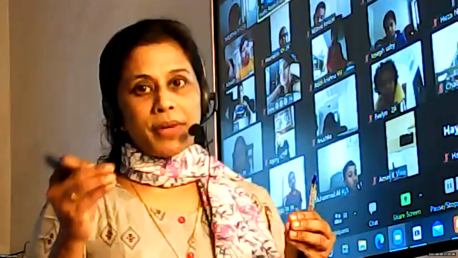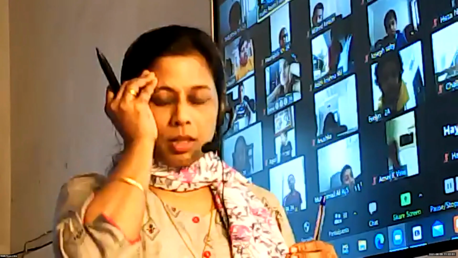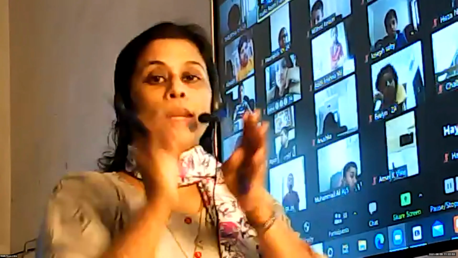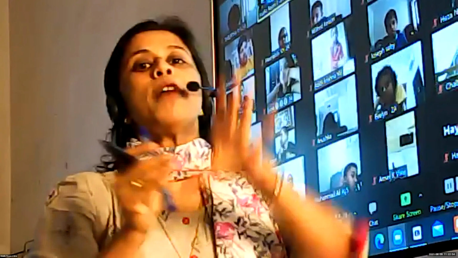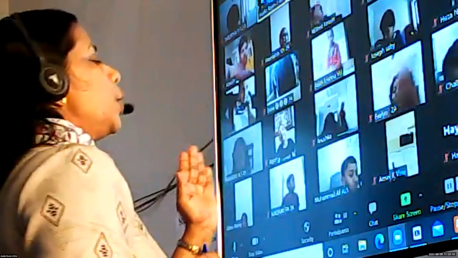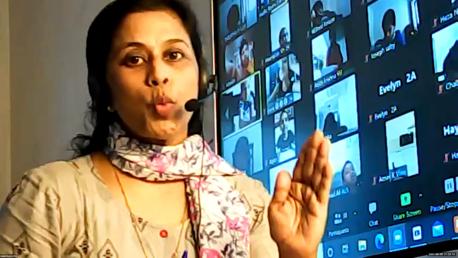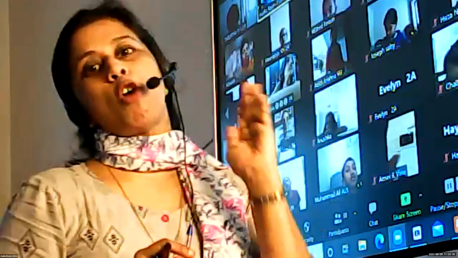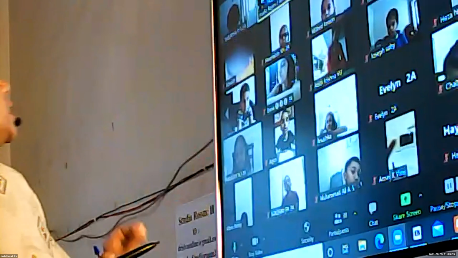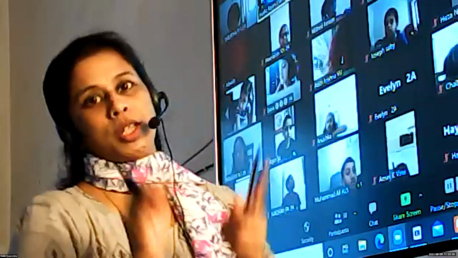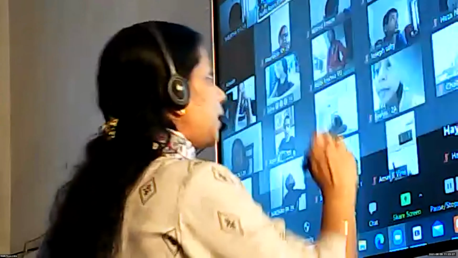The concept is very easy, but the only thing is we need to remember this. Please don't forget. There are only 5 vowels. So if a word begins with a vowel or a vowel sound, which article do we have to use, my dear children? We have to use article an. Very good. We have to use article an before the word that begins with a vowel or a vowel sound. If the word begins with a consonant, what do we have to do? A. We have to use the article A before the word. Yes, very good. So let's move on to the topic.